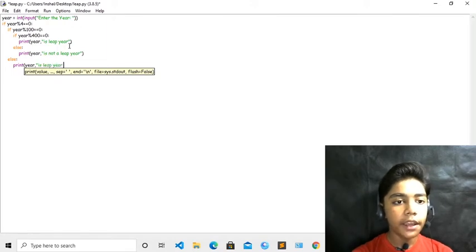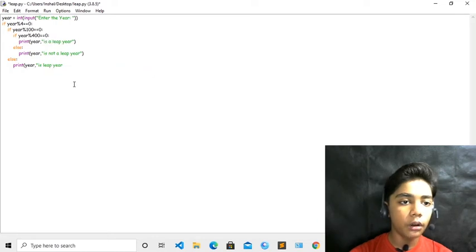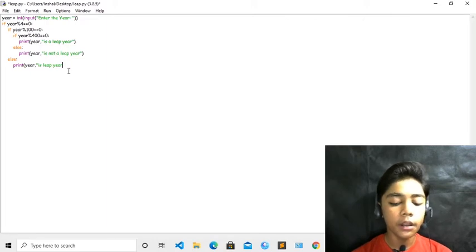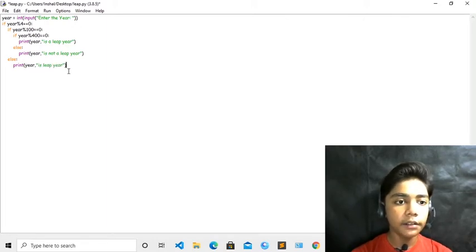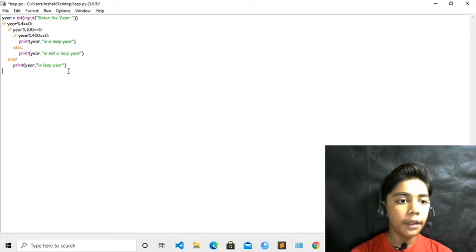Okay, here we have written "is leap year", because "is a leap year" is different from this. Okay, "is a leap year" is different, and "is leap year" is different from here. We have also defined "is not a leap year" over here. Now just close the bracket over here, and now another backspace, another backspace over here. Okay, so now we have done that, and we have erased one backspace over here.